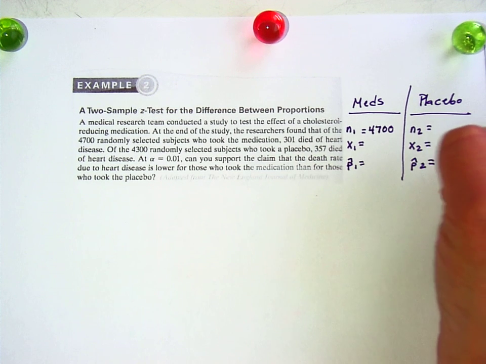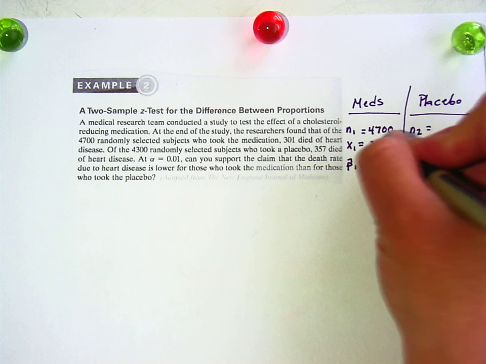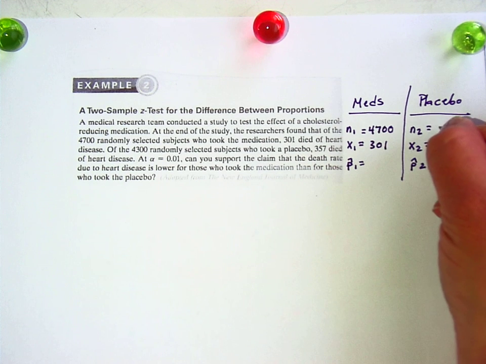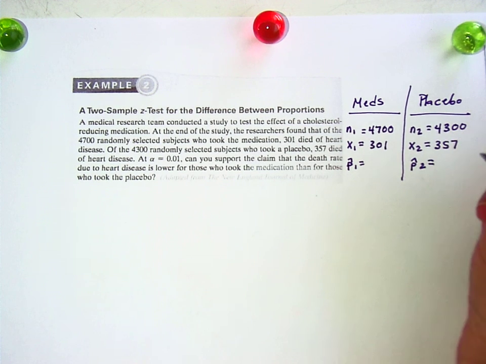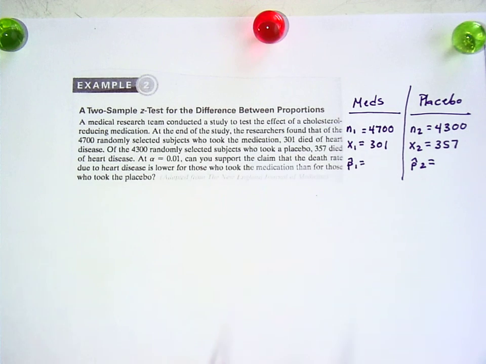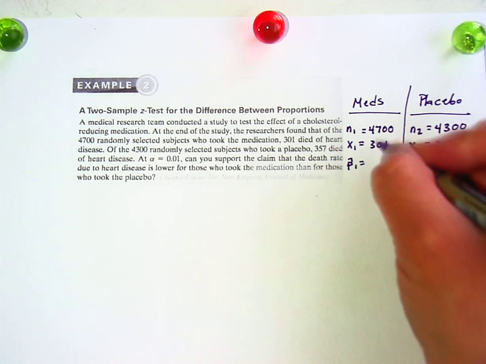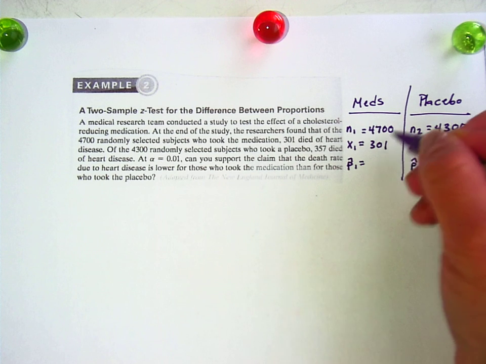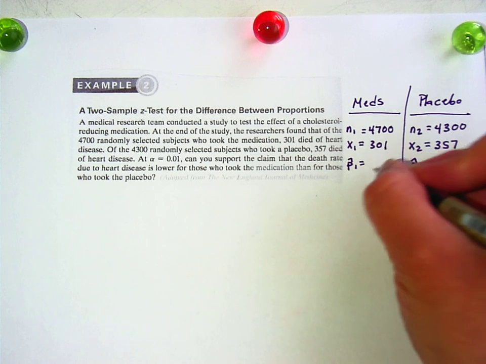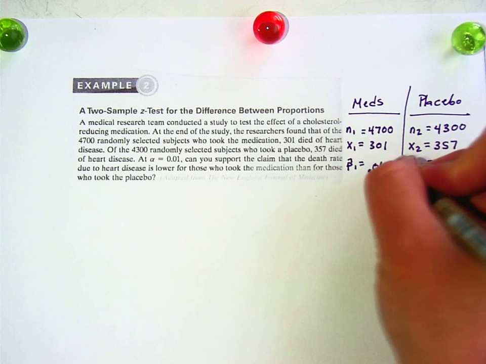Okay, N1 for the meds was 4,700, and 301 died. And then in the second study, 4,300 people took the placebo, and out of them, 357 died of heart disease. This must have been a very long study. So on this one, see, we have the x's. We don't have the p-hats, so to figure out the p-hats, you have to take 300 divided by 4,700, which is 0.064, and over here,